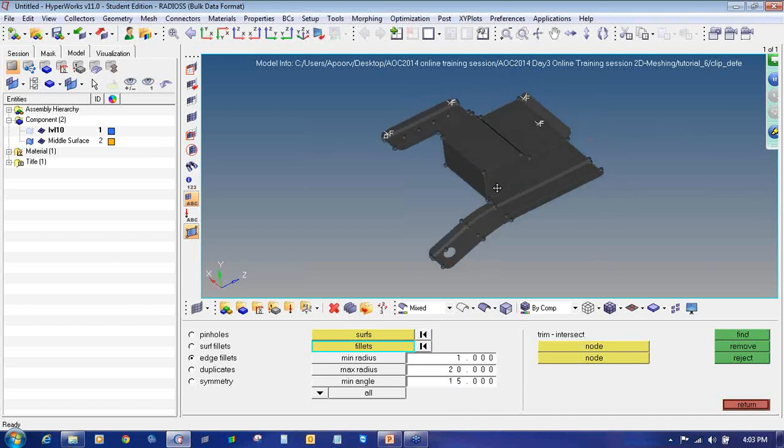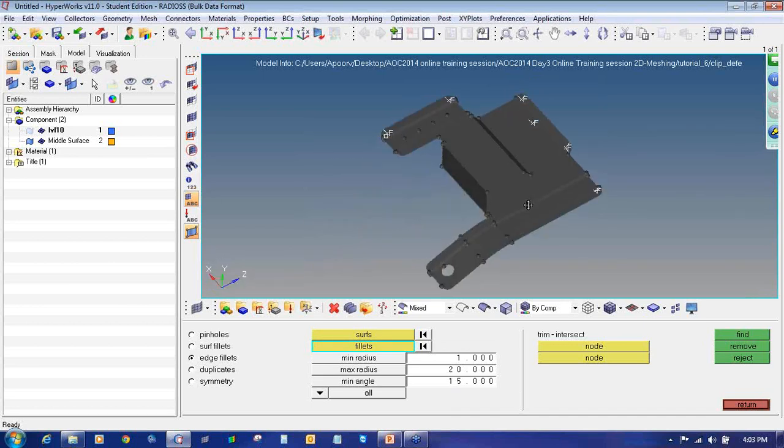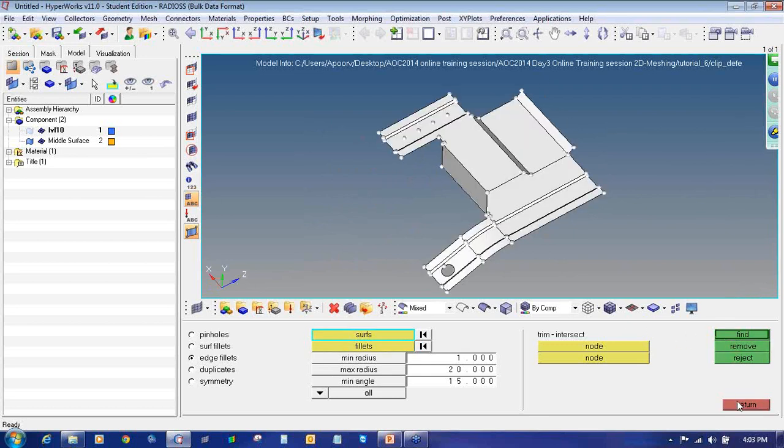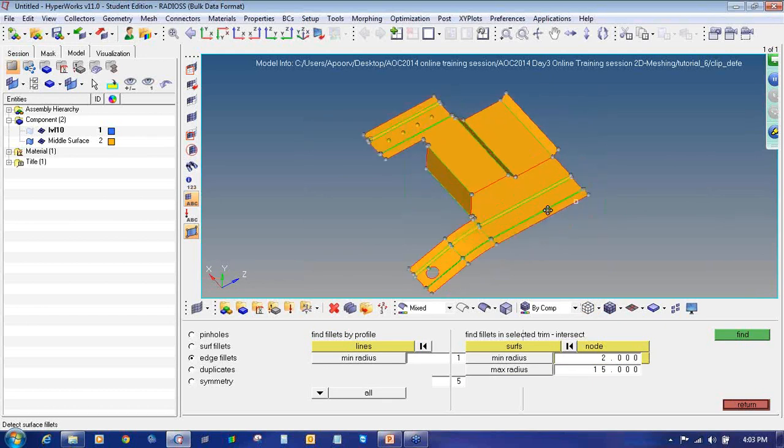So it has found these fillets which come under this category, and then we will click on remove to remove those. You can see it has removed these fillets.